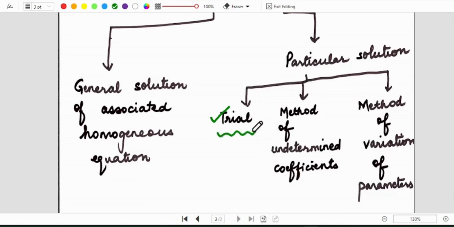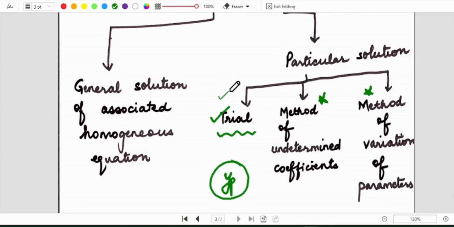But trial may not work all the time, because sometimes the equations are so cumbersome that looking at the equation you cannot guess what one particular solution can be. So for that there are 2 standard methods. One is the method of undetermined coefficients, which helps you to get one particular solution, and the other is the method of variation of parameters. These 2 methods are what we are going to focus on in the next 2-3 videos. We are going to focus on the method of undetermined coefficients first to find yp, and later on we are going to switch to the method of variation of parameters. Both these methods are going to land us at yp. So the lookout is for one particular solution.